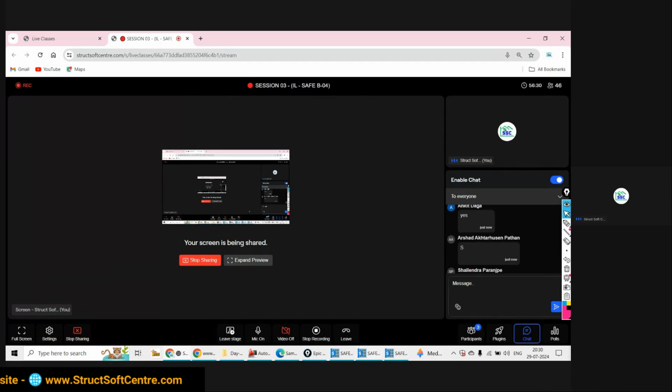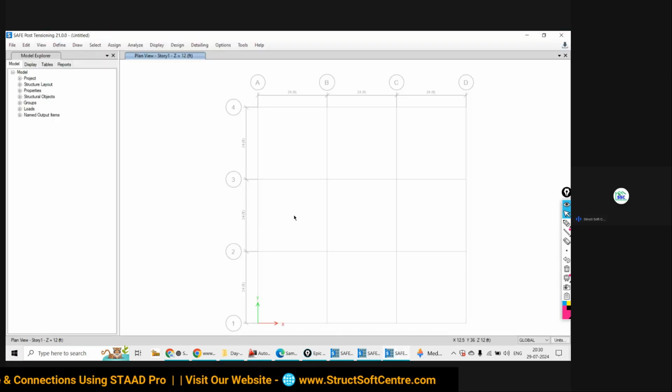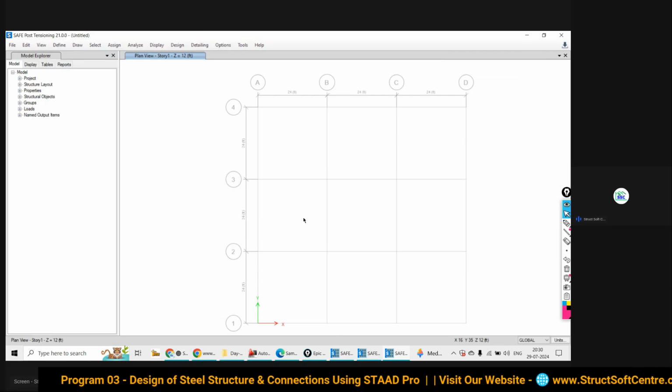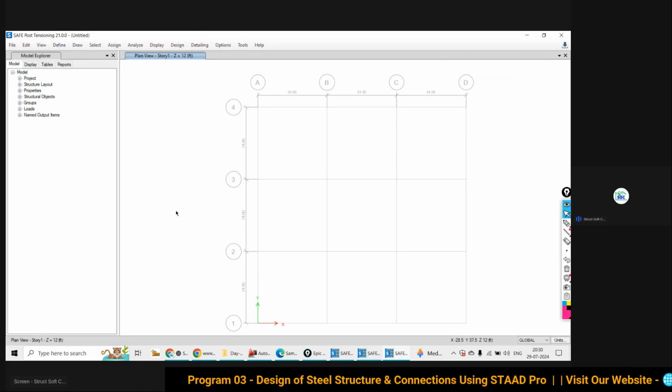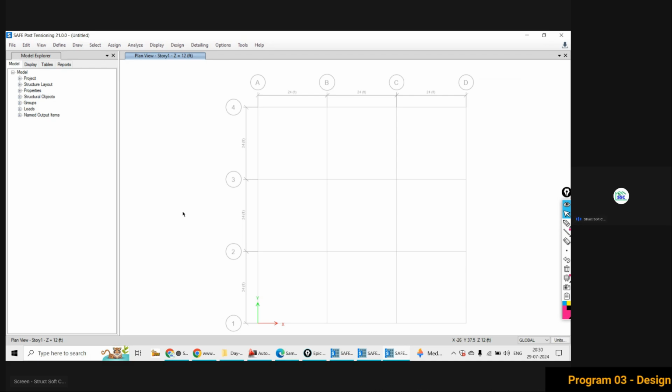Yes or no? Actually, I can save one definition of the raft foundation. I can save one definition of a simple pad foundation. I can save the definition of any other specific type of foundation, and whichever type of foundation is required, that file I will use. But my dear friend, that is not possible.